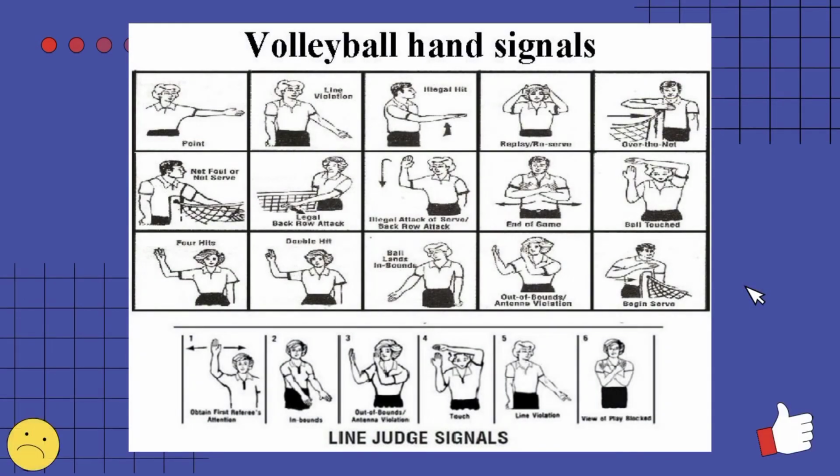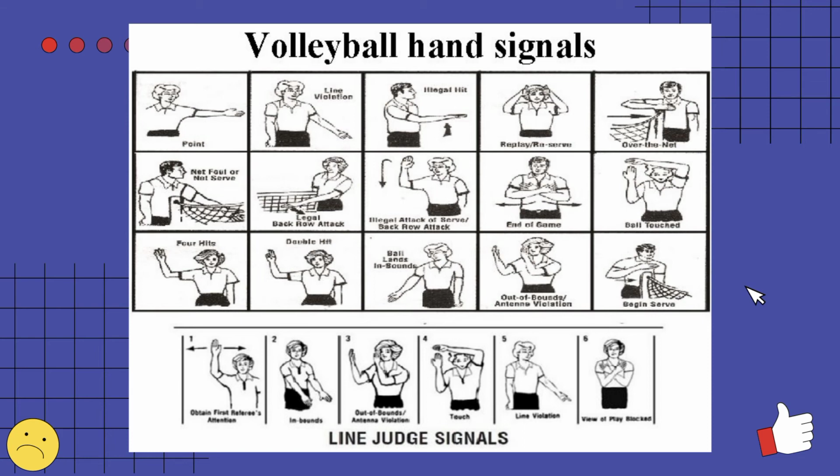Next are the volleyball hand signals. Point, line violation, illegal hit, replay or reserve, over the net, net foul or not serve, legal back row attack, illegal attack of serve or back row attack, end of game,